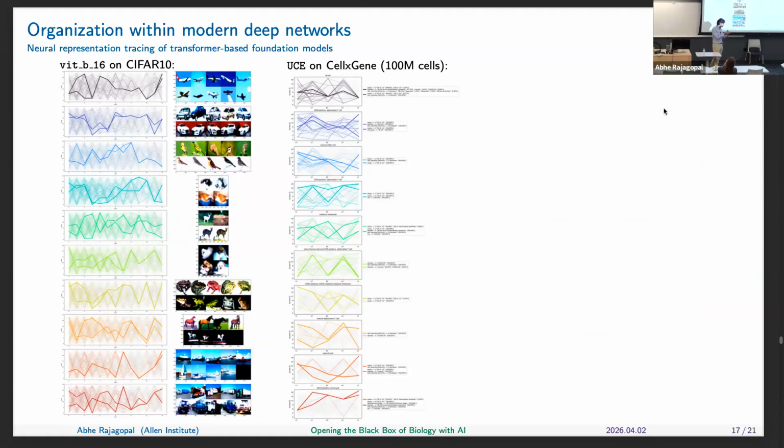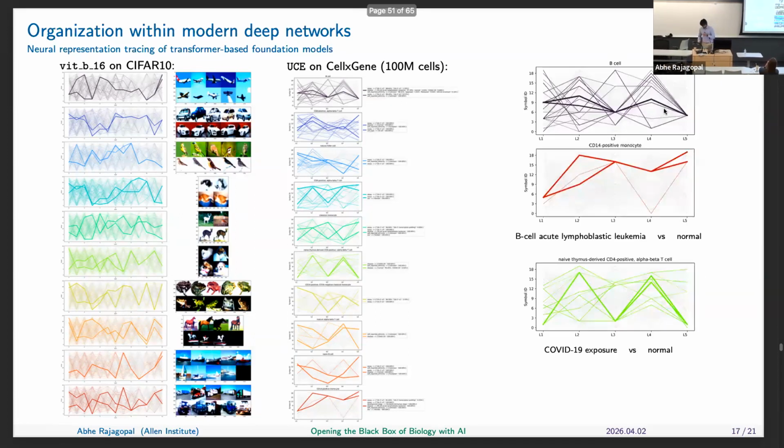So you could look at the genes and then think about why the traces are different, but I could look at the metadata tags. Some of the ones I got a hit on are B cells and CD14 positive monocytes. And in both cases, the top trace corresponds to leukemia, or has the annotation of leukemia, and the bottom trace has the label of normal.